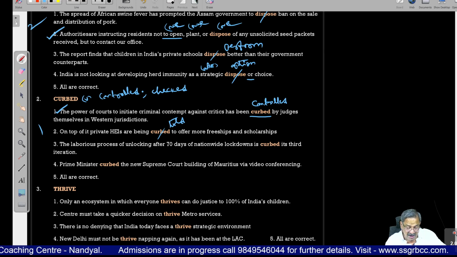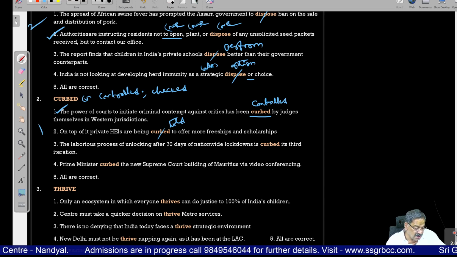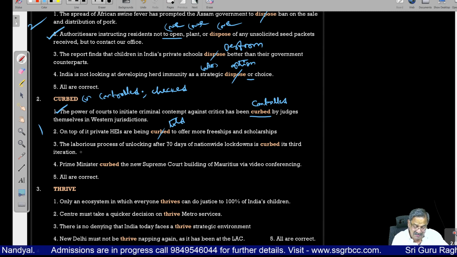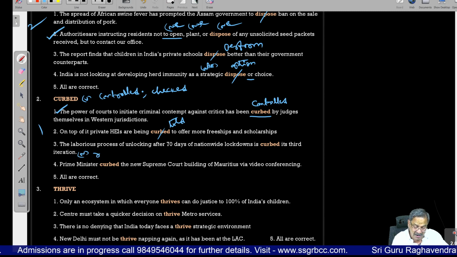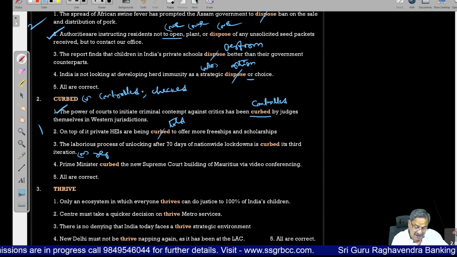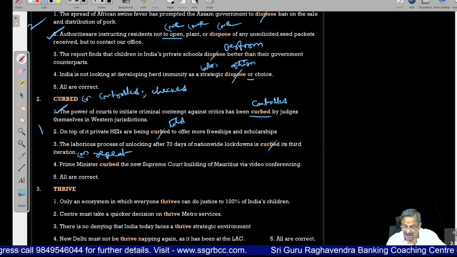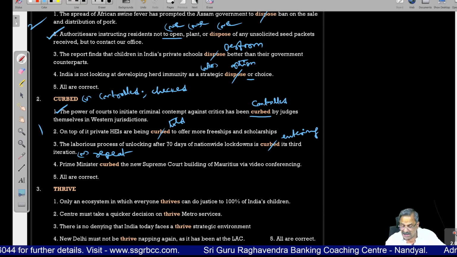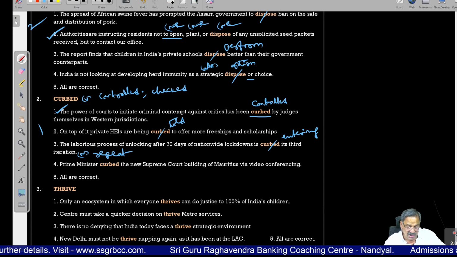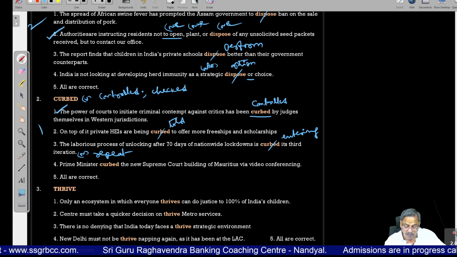Its third iteration. Iteration means n ended with n, noun, repeat, R-E-P-E-A-T. So it is not 'is curbed', it is 'is entering its third iteration'. Prime Minister curbed the new